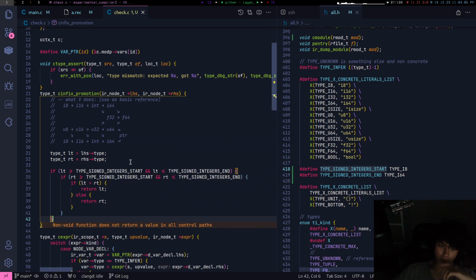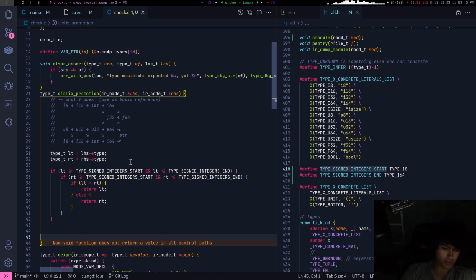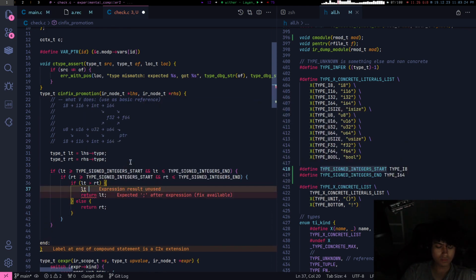Did this for integers as well? No, not integers. I want to introduce insane nesting as well. So let's try. Yeah, C2X extension, whatever. Return left type.